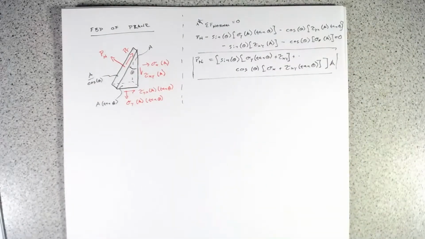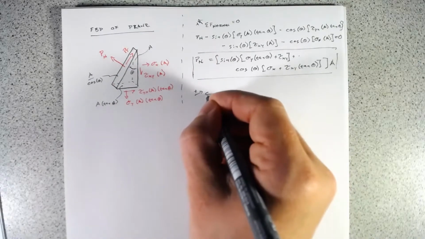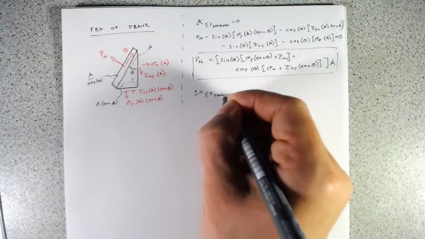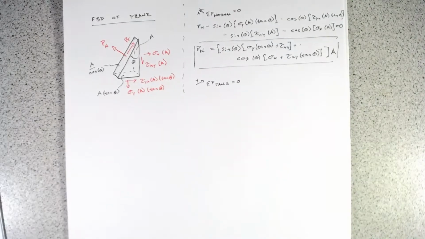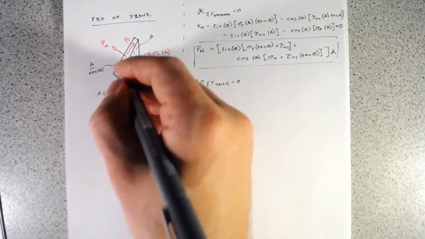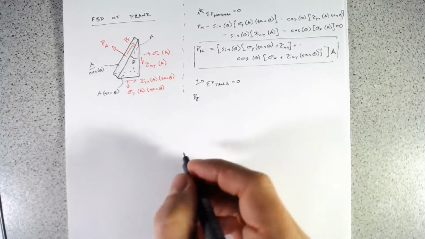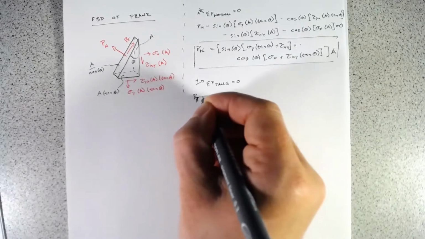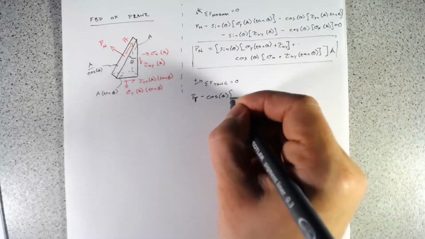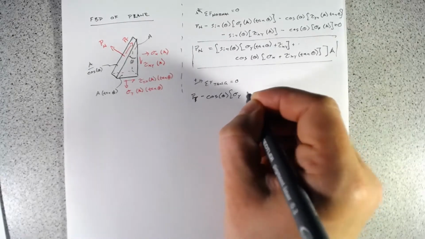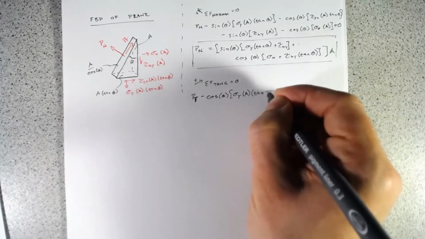And then if we sum our forces in the tangential direction, we will end up with something very similar. So let's just work through that real quick. So we get P_t in the tangent direction minus cosine of theta, and that's all going to be times sigma y times the area times the tangent of theta,